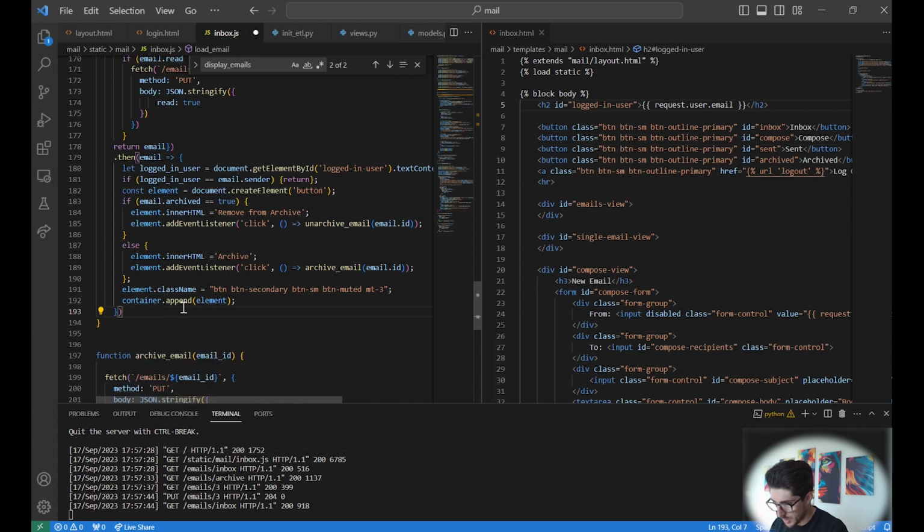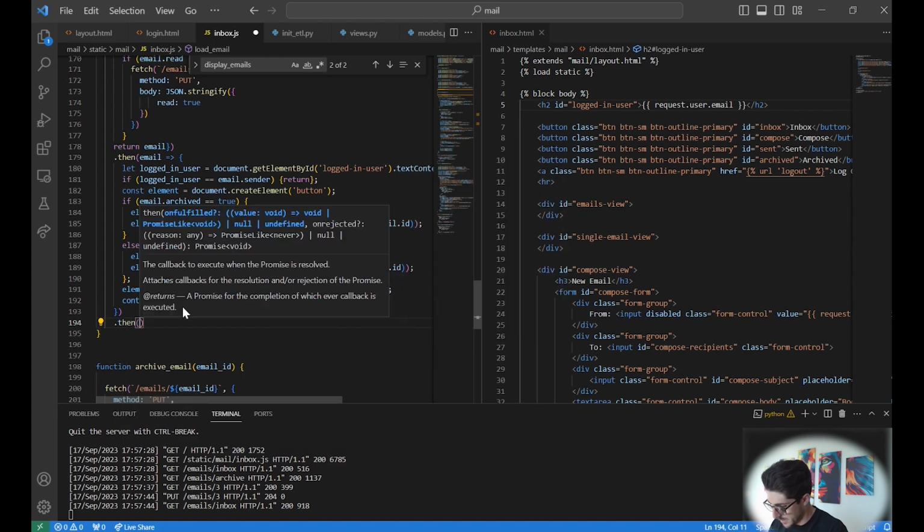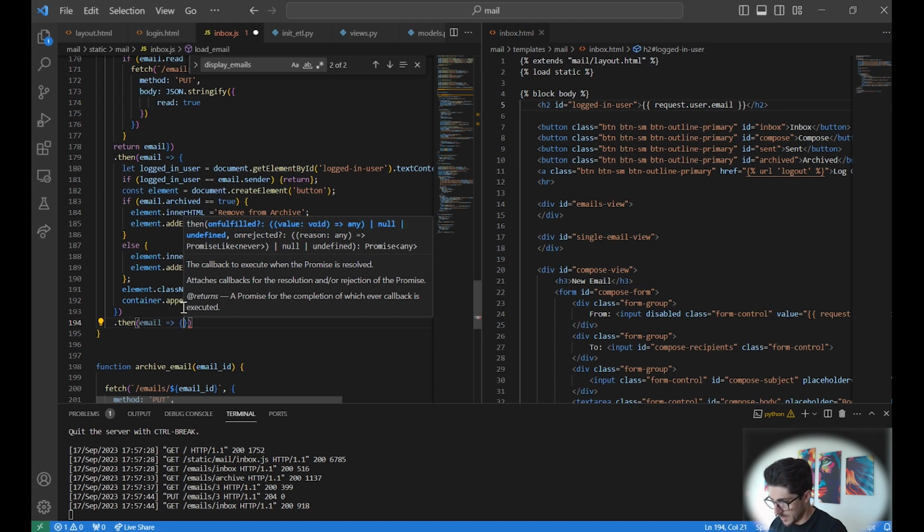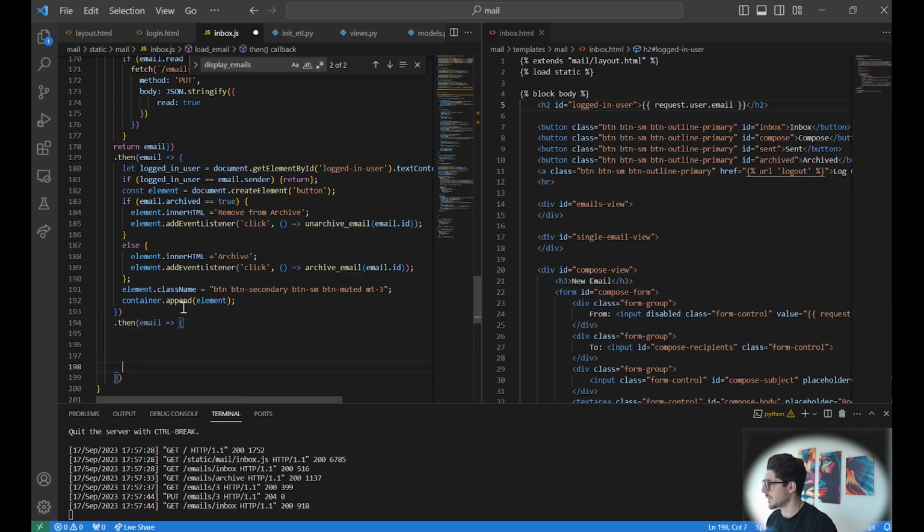So we need to go in here, take email again. Let's open curly braces and we need to add the same condition here. Why? Because we can only reply